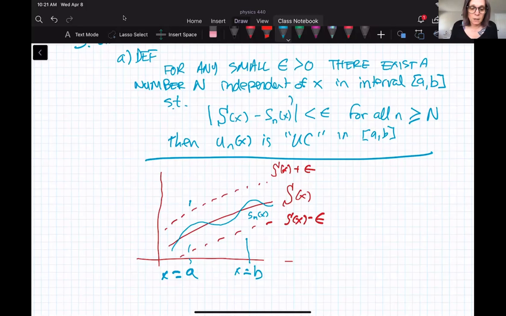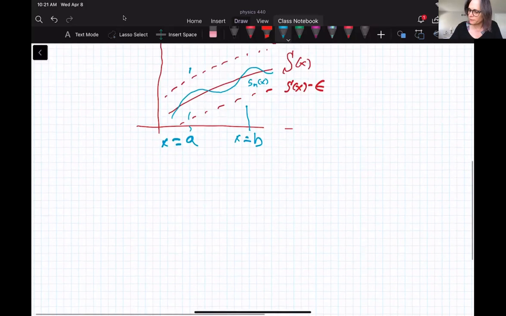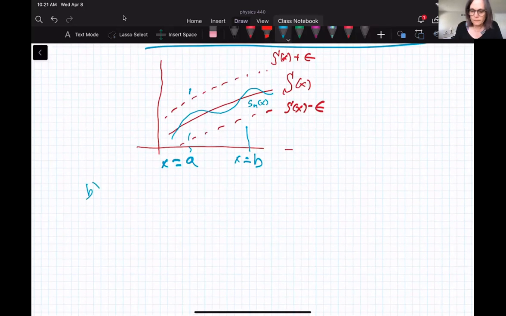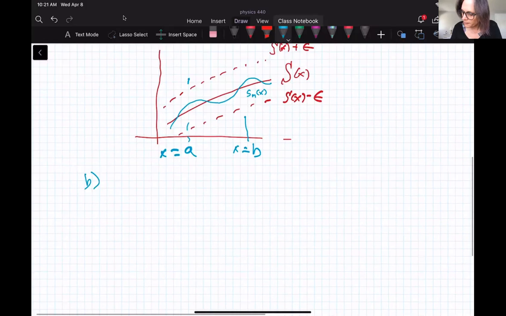Okay. So there are a couple of tests you can use to determine whether a series is uniformly convergent. I'll focus on one of them, and then we'll come back to the other later on. So this is the Weierstrass M test